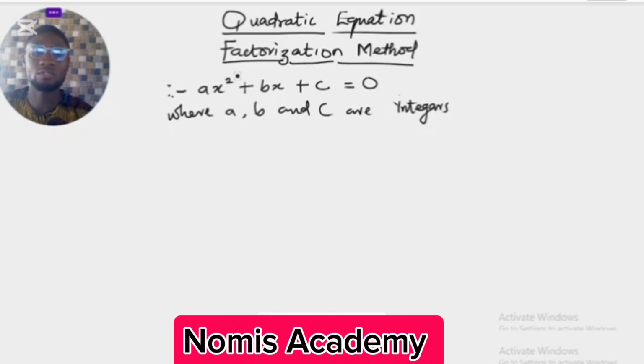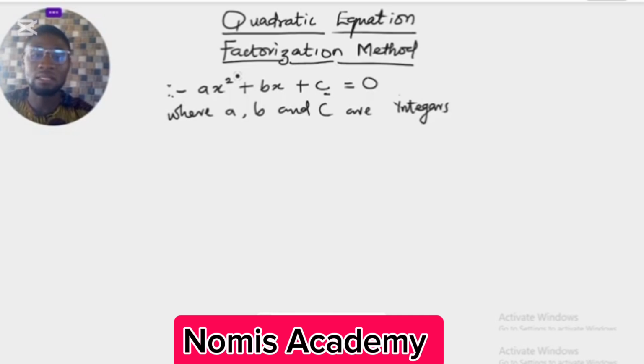Now I want to tell you that this form of quadratic equation exists such that the first term ax squared remains that, then the second term bx is the sum of the roots of the quadratic equation, while c, which is the last term, is the product of the roots of the same equation. What do I mean by roots? Roots of a quadratic equation are the possible values of x. Unlike a linear equation, where you only have one solution, for a quadratic equation we have two solutions, meaning we have two values for x. So we say that these values of x are the roots of the equation,